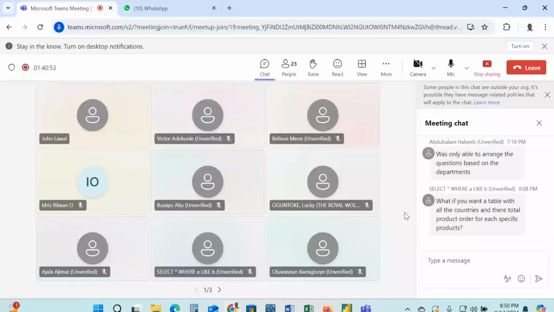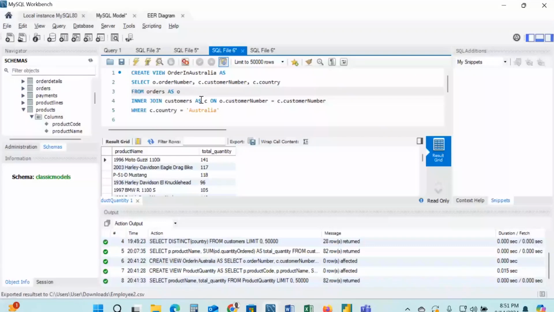Yeah, so if you want a table for all the countries, what you do is you want to filter. You want to introduce that part where we use WHERE, and we can just quickly apply that here. Where is it? Okay, so yeah,